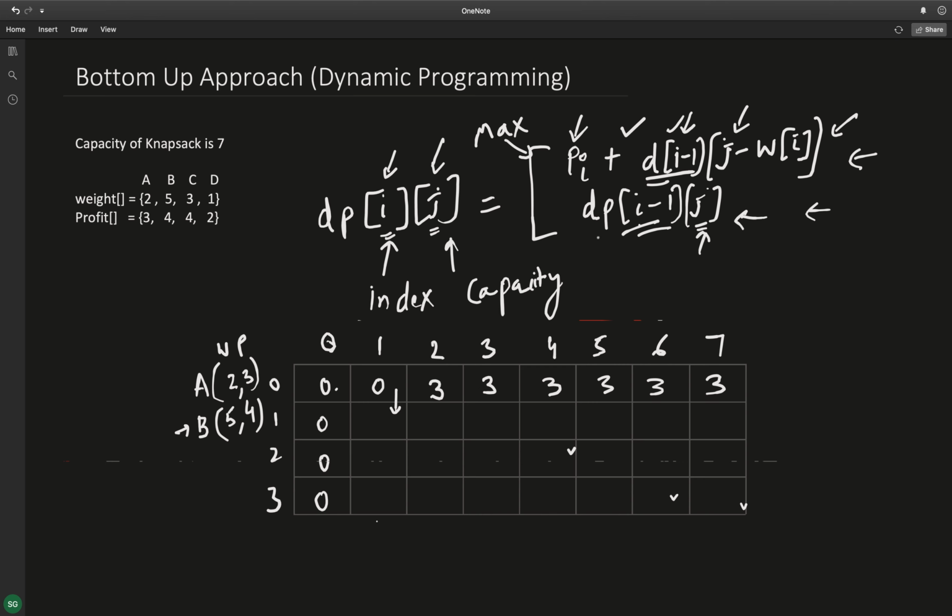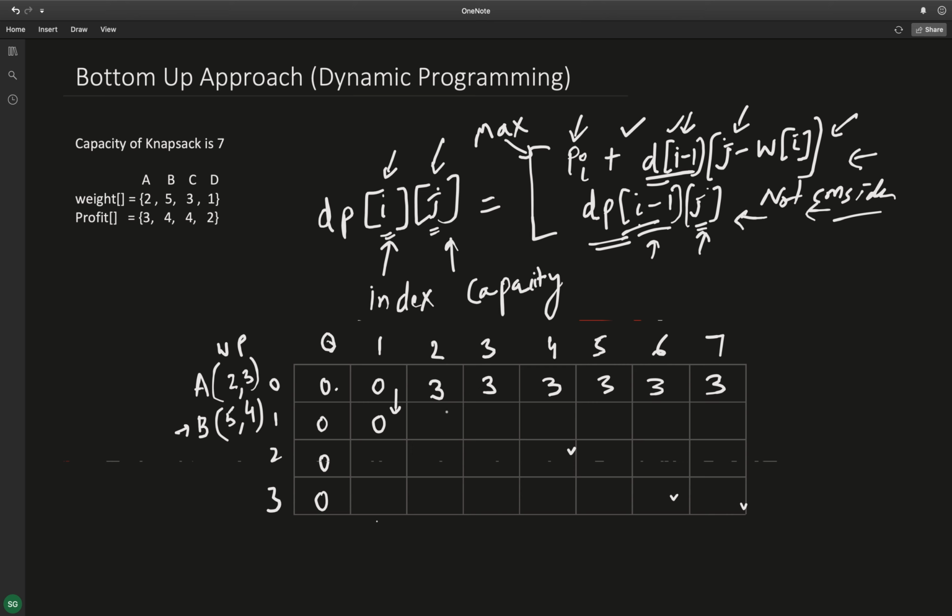You can also think about this formula. So this is dp[i-1][j]. I minus 1 means when you are calculating it for i, j, and you are not considering the item at index i, you need to look in the cell above, that is i minus 1, j, with the same capacity. So if I am filling it for capacity 1, and I can't consider this item B, I need to check the cell above, that is 0, so I'll fill 0 here.